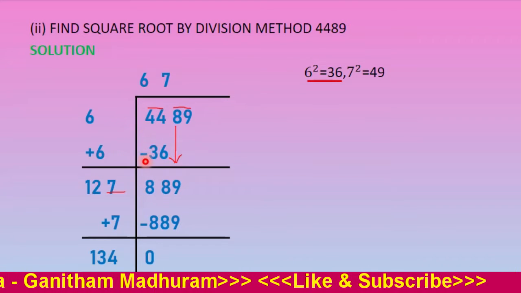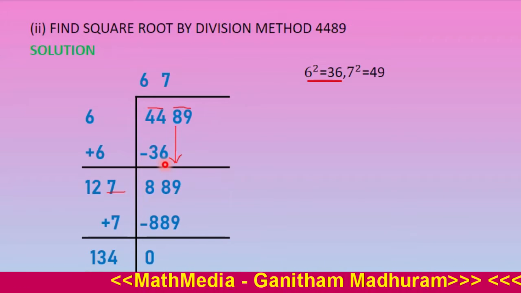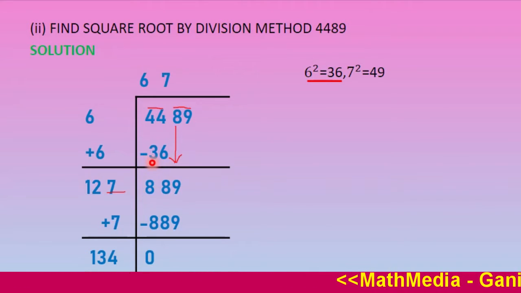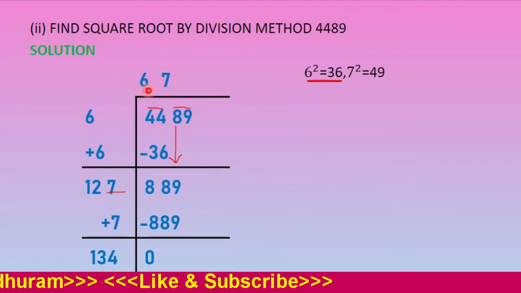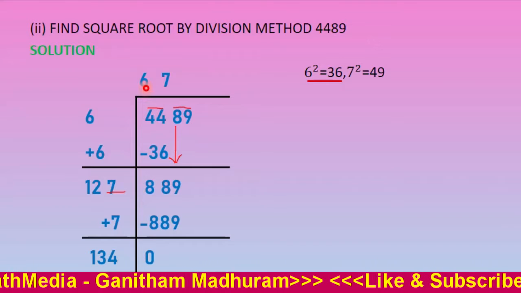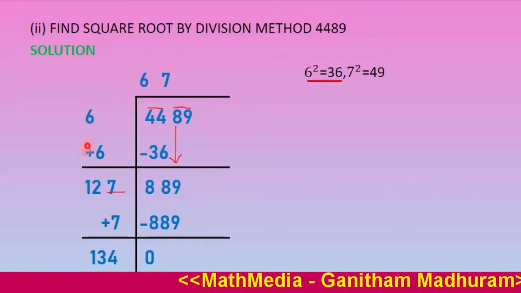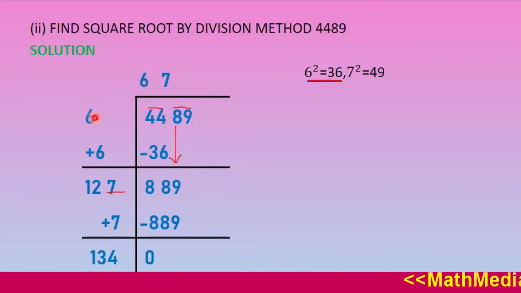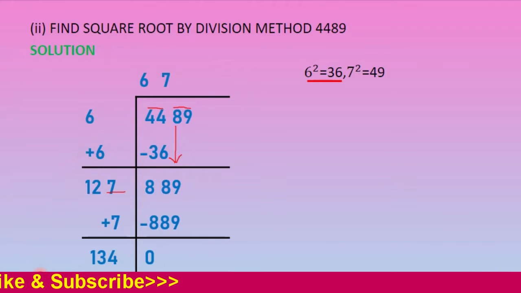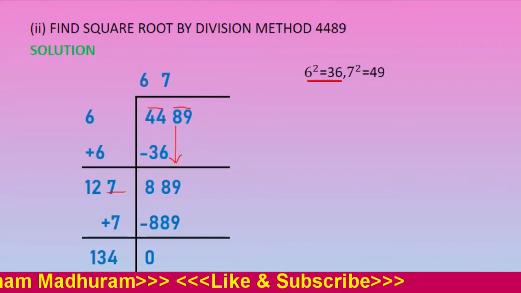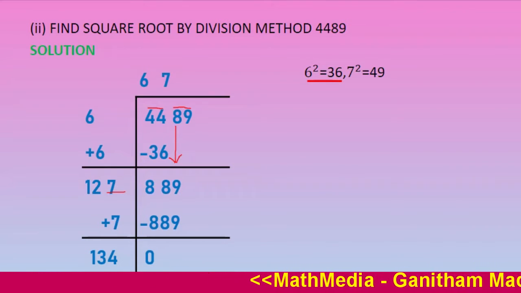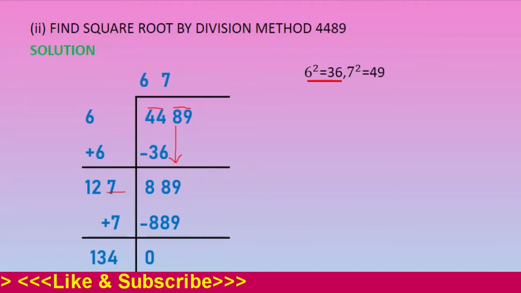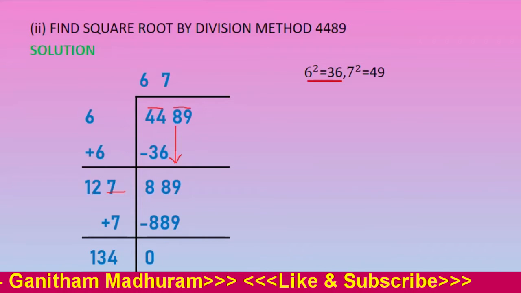That we have to write in the dividend. And the square root of 36 we have to write 3 times. One in the quotient just above the first group and in the divisor and just below the divisor. Now you have to add the divisor, that is 6 plus 6 will give 12, and you can leave a space over here. Okay. Then you can look at the dividend.